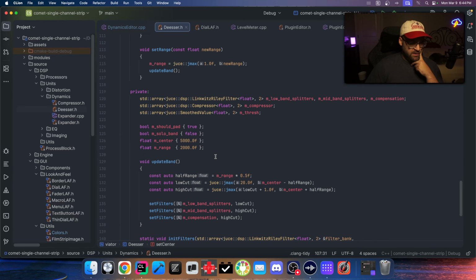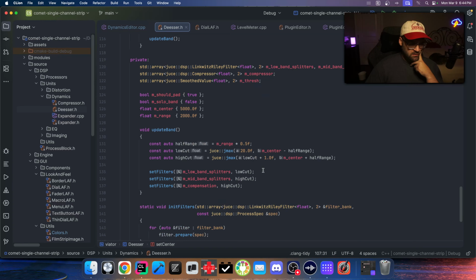So update band. Yeah, we got this math to say where the bottom and top cutoff is. And I think maybe this is either too linear or not linear enough, whichever one. So if our low cut is center minus half range, range times, okay, I think maybe this is why that's linear. So what we might want to do,